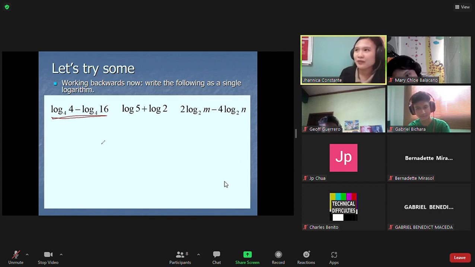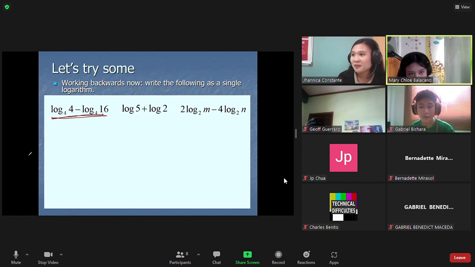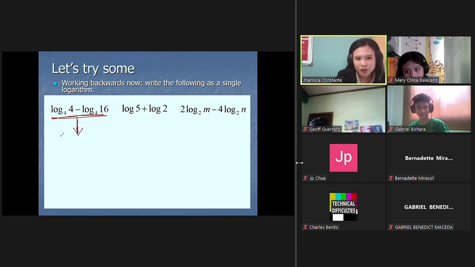We have logarithmic 4 minus logarithmic 16. So what rule is being used in this expanded form? The quotient rule. So if this is a quotient, we're going to condense or shorten this function. We will have logarithmic